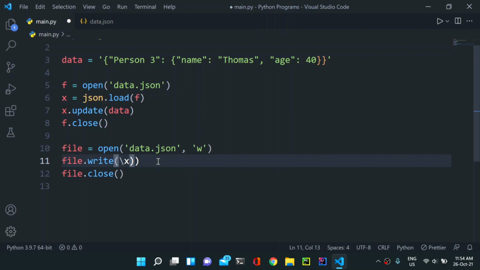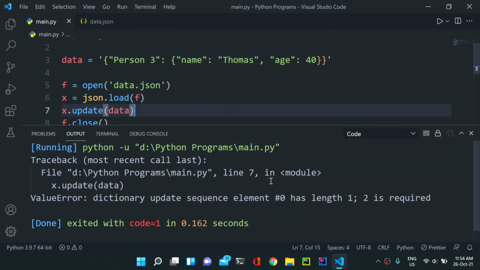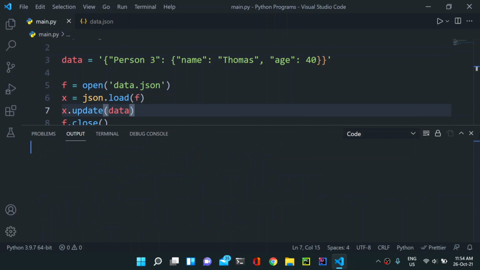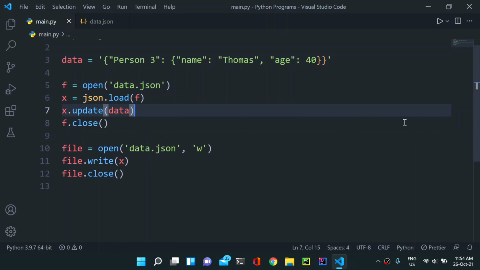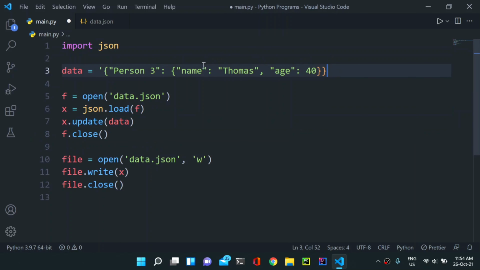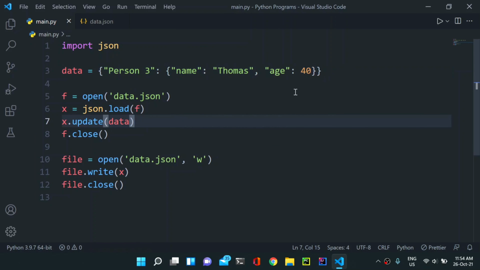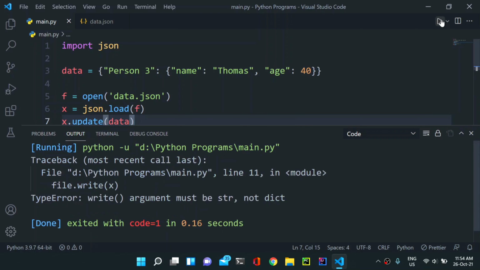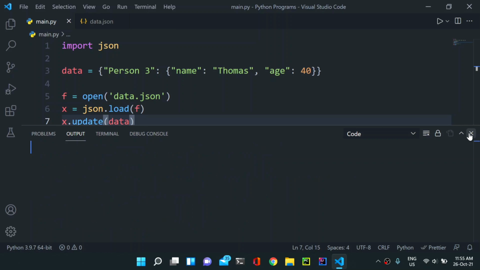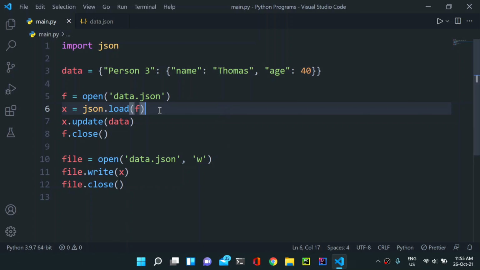Now just simply pass x here, save it, and let us run it. We get the same thing. Why do we have 1 here? Why is this error coming? Let me run it again. We get write argument must be string, not dictionary. So we are getting that error again and again.